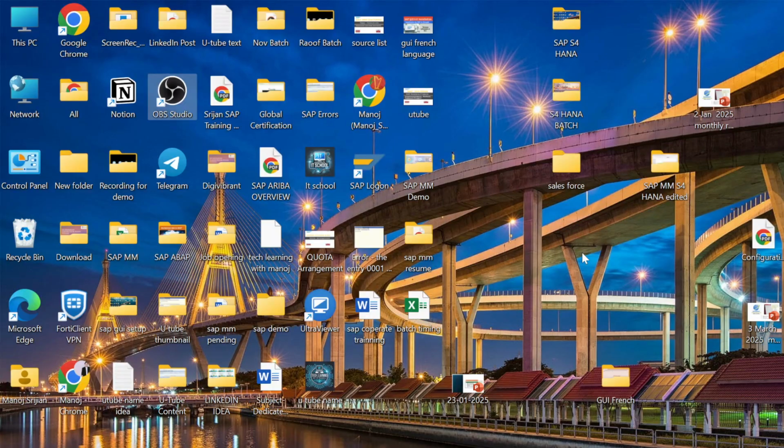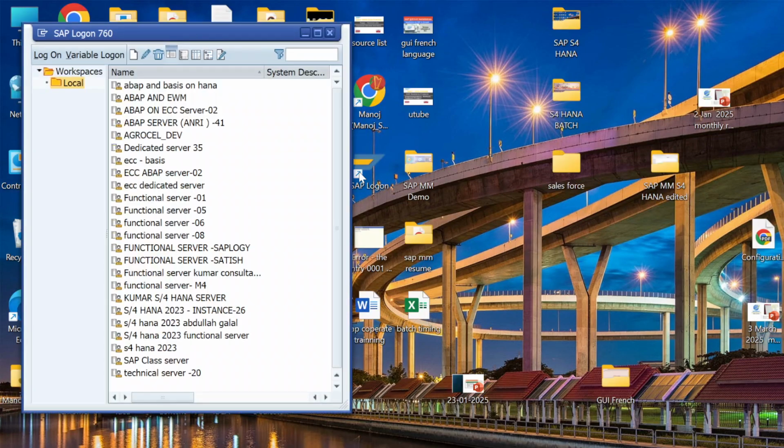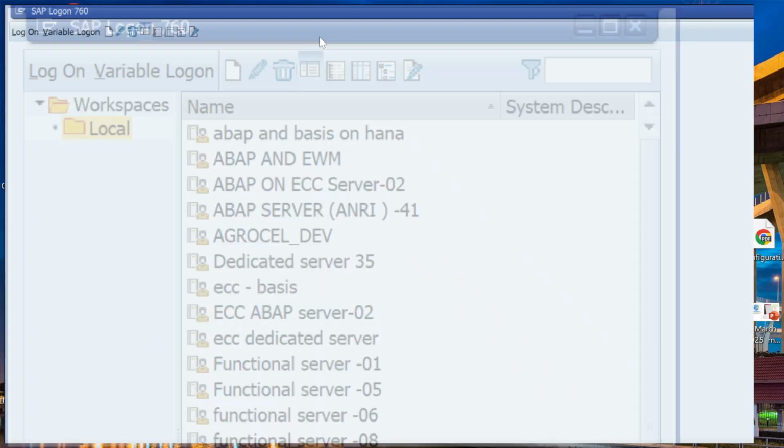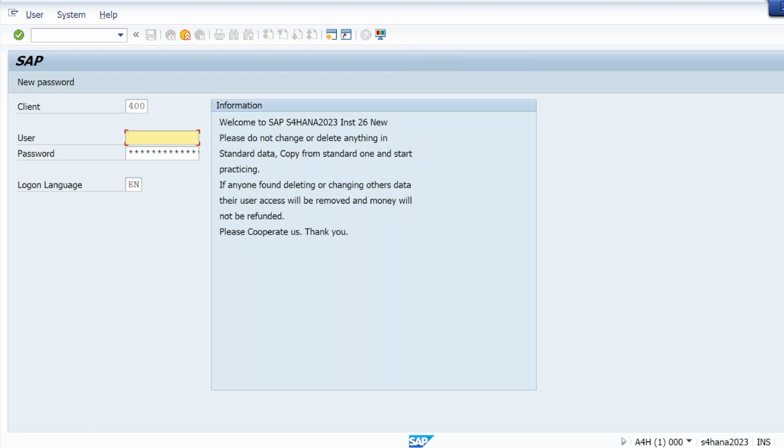Let me open the SAP Sandbox, the latest SAP S/4HANA version 2023. Let me log in.